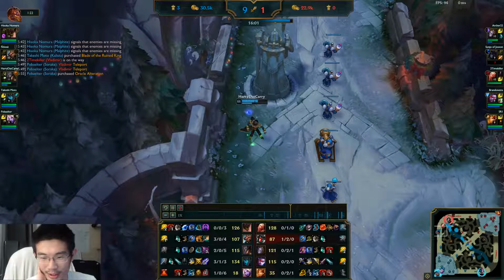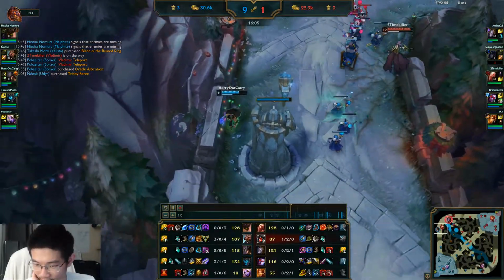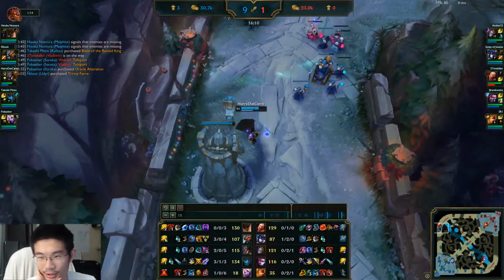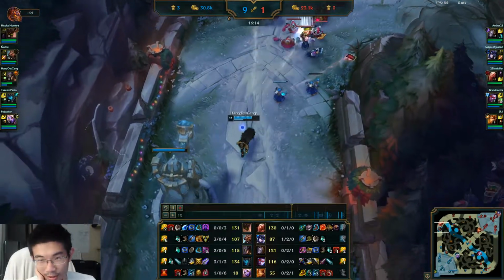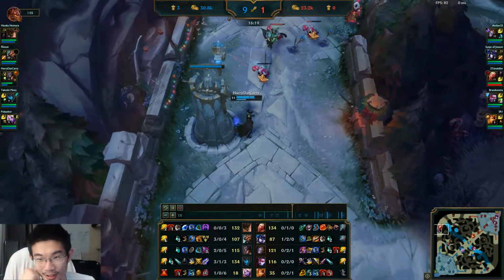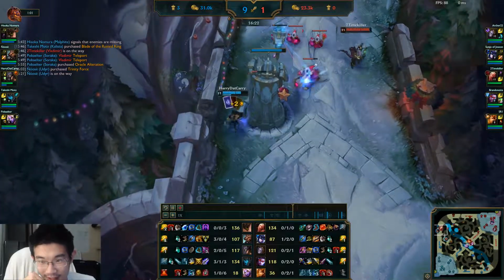But look at the CS, right? Enemy top is ahead on CS, and then enemy middle is ahead, right? So in terms of pure mechanics, they're better. It's all about decision making. If you are so much better, if you can totally outland us, if this Orianna can be like